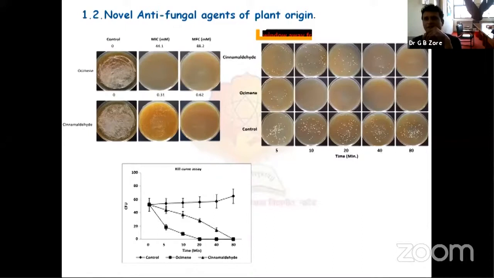And you can see this particular graph here. So different molecules need different times for killing, and that's how you can see that osimine requires only 20 minutes of exposure, while cinnamaldehyde requires 80 minutes of exposure, and within 20 and 80 minutes, the minimum fungicidal concentration of osimine and cinnamaldehyde can kill 99.9% of the inoculum, and that's how